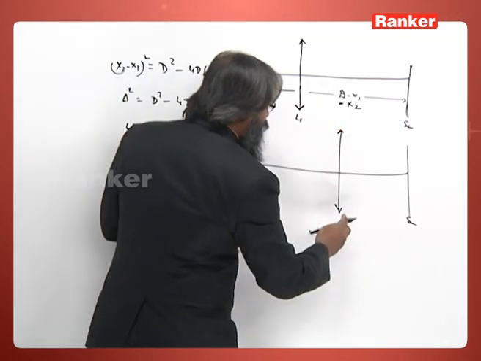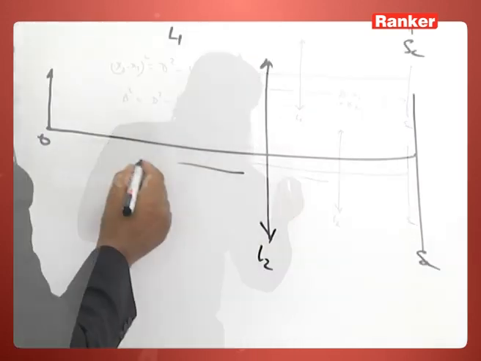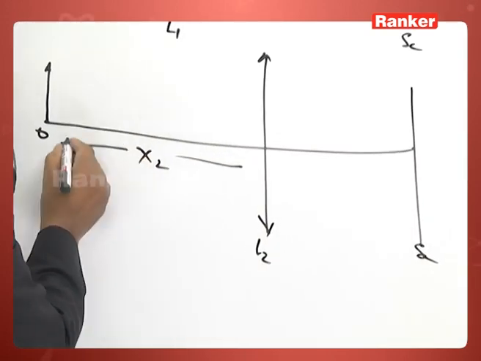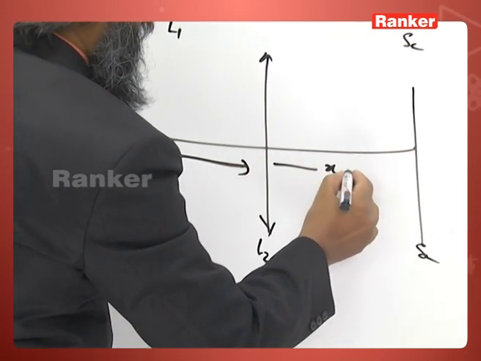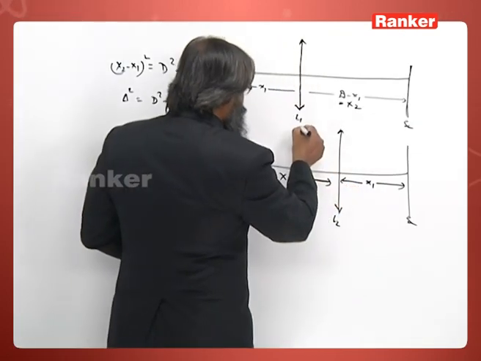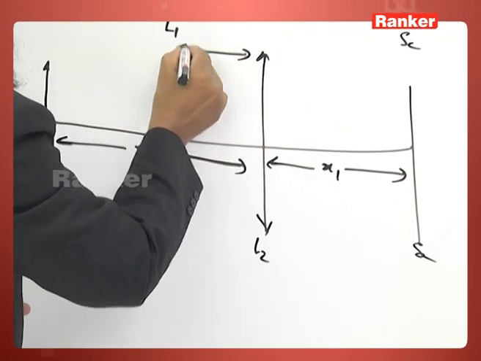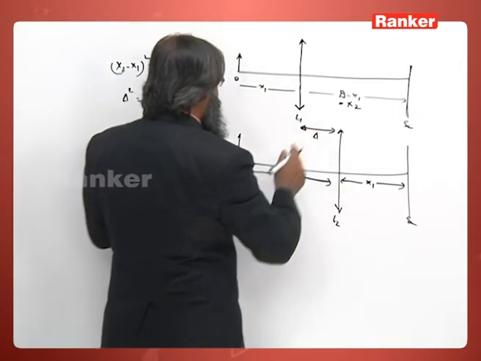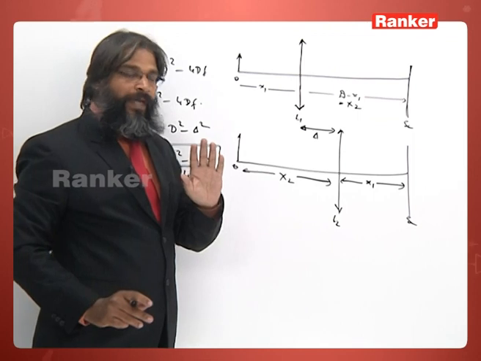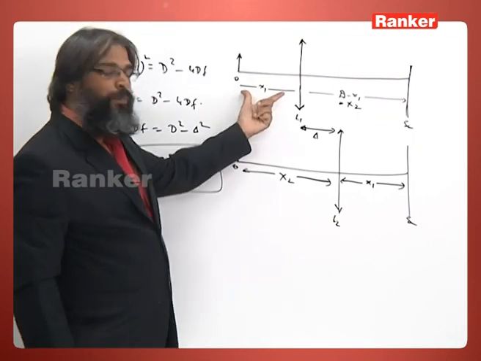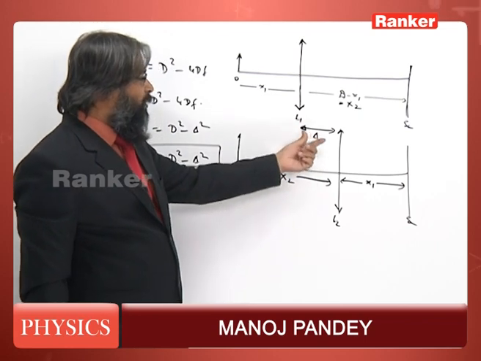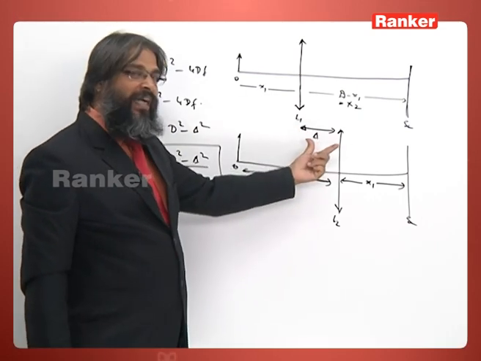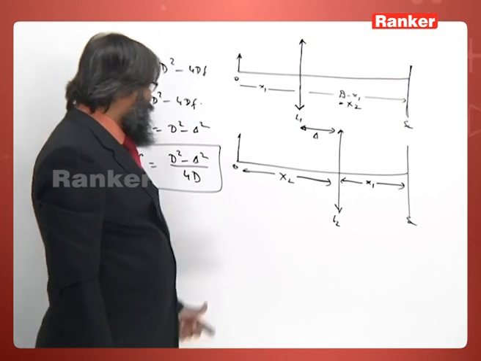When I have moved to this position L2, such that this distance is x2 and this place it is x1, I get this image. So, this is the displacement x2 minus x1. By experiment we have to calculate the two positions x1 and x2, and the difference of x2 and x1,